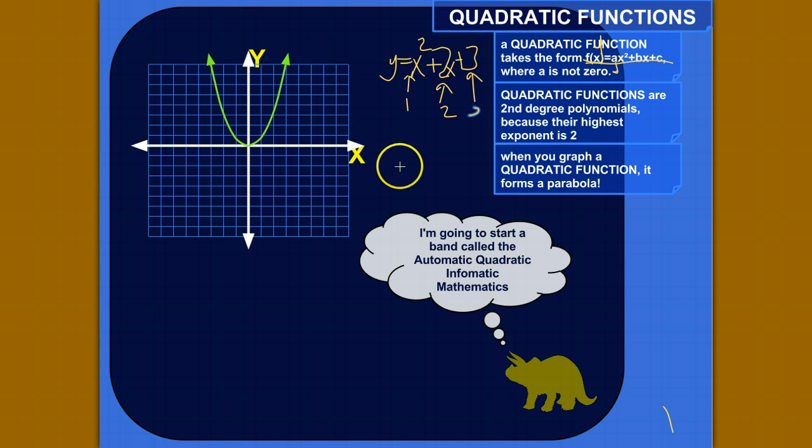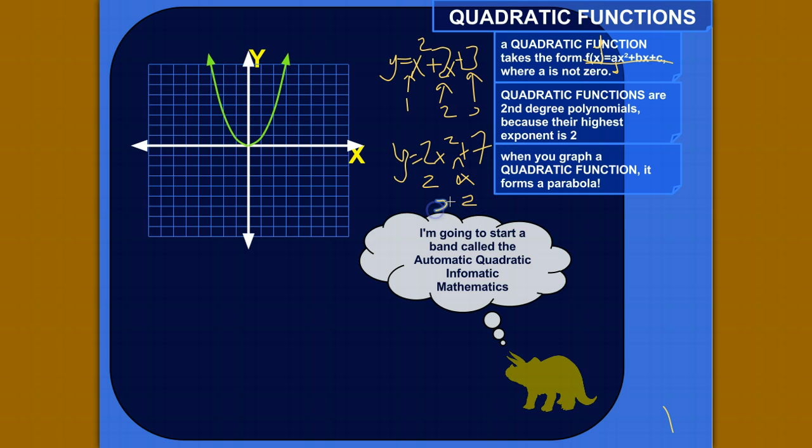I could also have it something like y equals 2x squared plus 7, and my a in this case would be 2. B would be actually 0. You can imagine there's kind of an invisible 0 times x here, and then my c is 7,